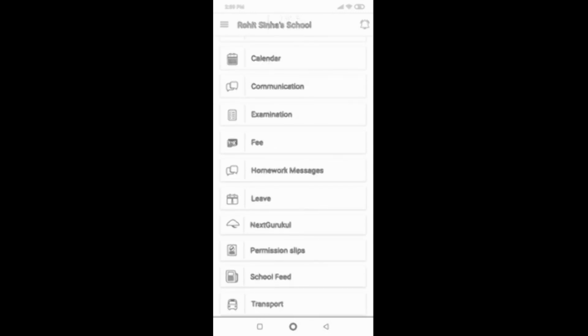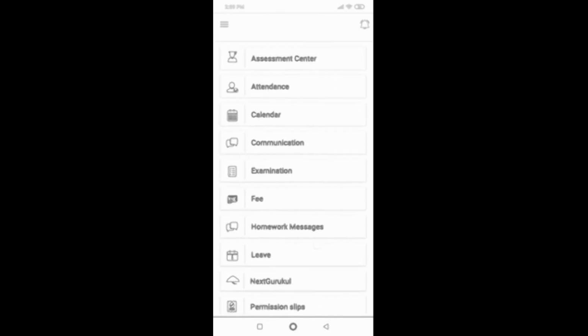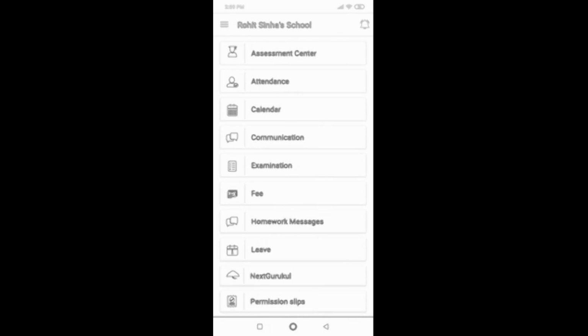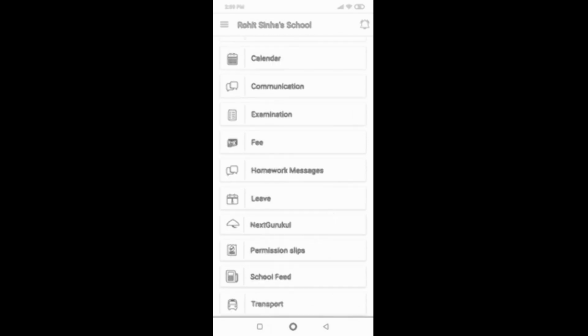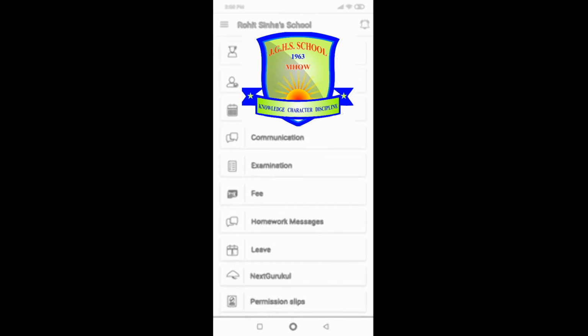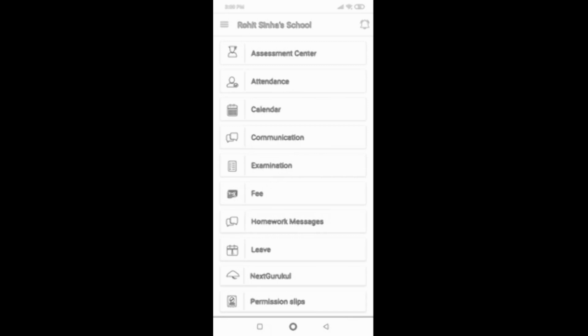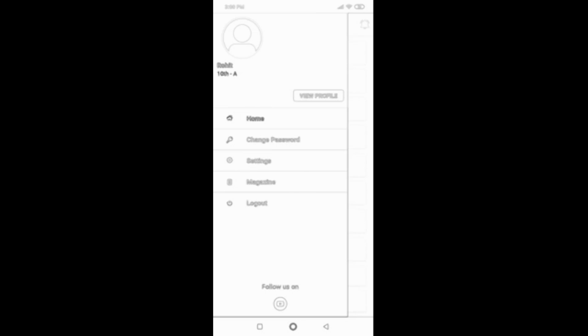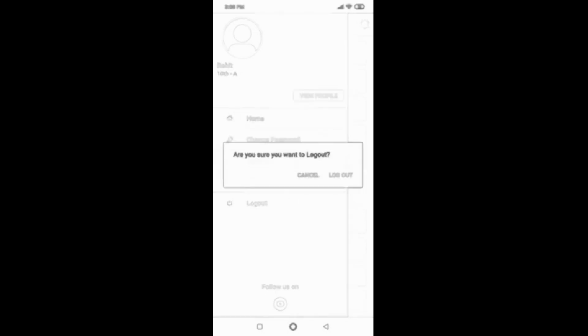Now here I have many different things. What is the difference between the student and the parent? The parent can pay the fees, find the permission fee, the school fees, the transportation fees and all, but they can't attend a live lecture or an online test here. To join the live lecture, what we have to do is first log out from here. So I'm going to log out from the parent's account, then I will log in through the child account.